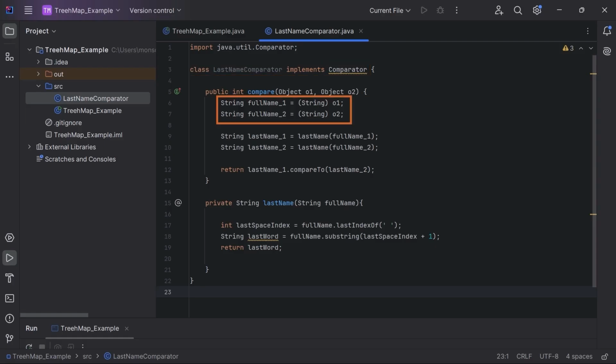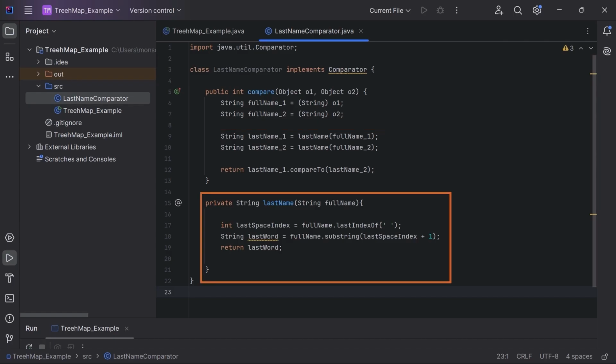First, it casts the objects passed into the compare method to string types. Then it sends each string to a custom method called lastName. The lastName method simply looks for the last space in the string and returns everything that follows. The underlying assumption is that the space separates the first name from the last name, and everything that follows that space is the last name. It's not perfect, but it works for this example and demonstrates that you can customize your processing when implementing the